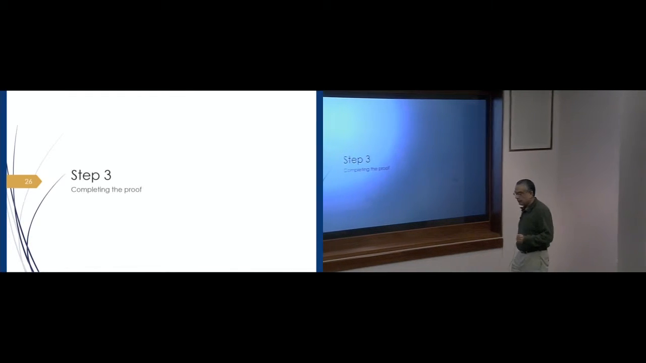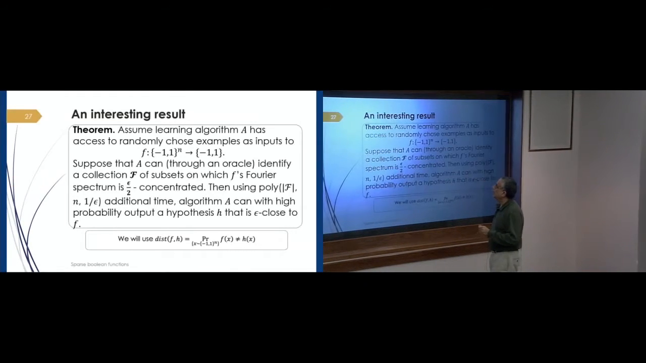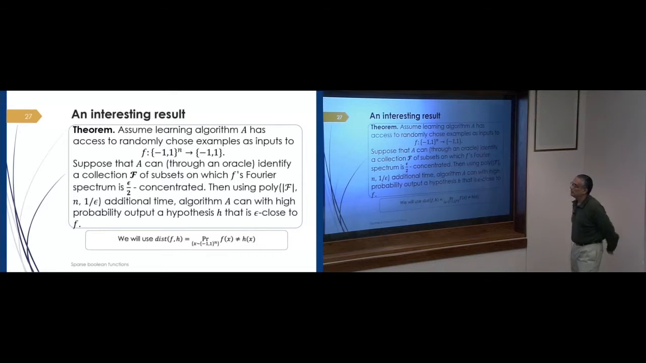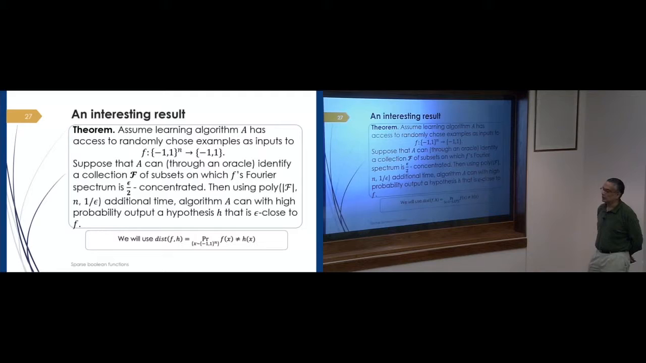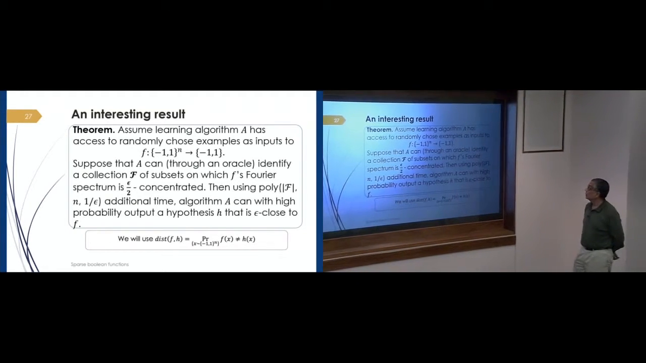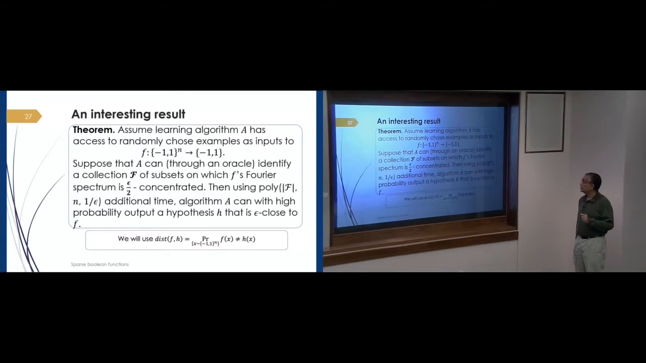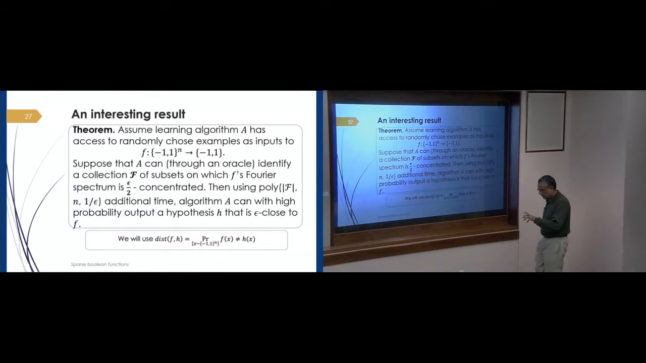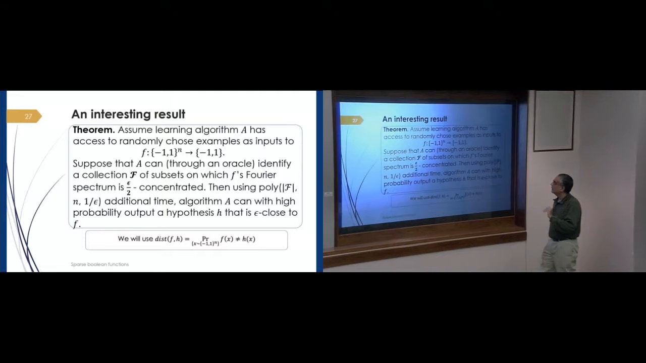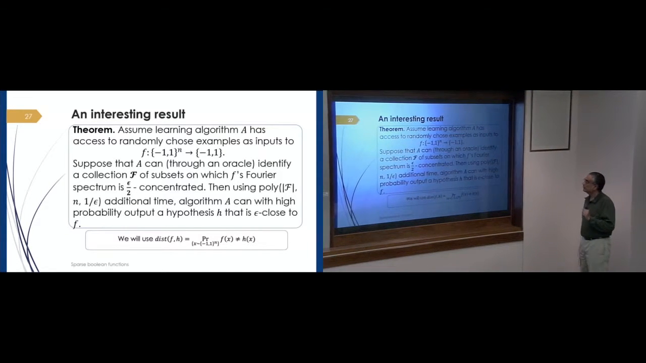So using proposition 1 and proposition 2, our goal is to prove this main theorem. Since it's been some time since we looked at it, I'll repeat the statement of the main theorem we are trying to prove. Let's suppose that we had an algorithm that's trying to learn. We called it A, and it has magically access to randomly chosen examples as inputs. So it has the input and the f value provided by some mechanism,